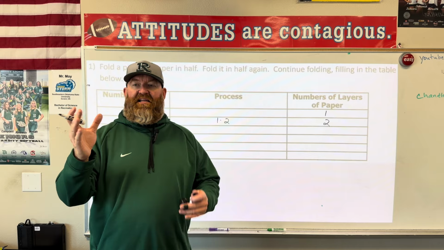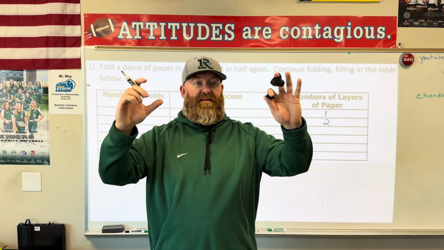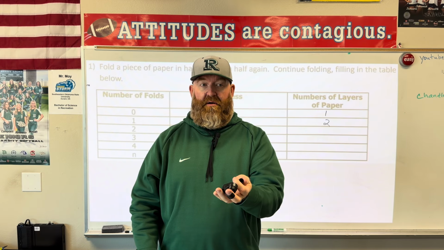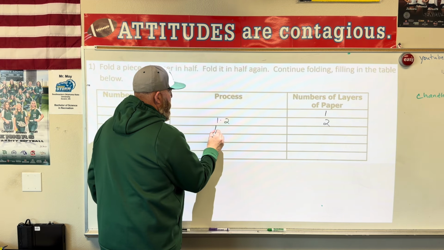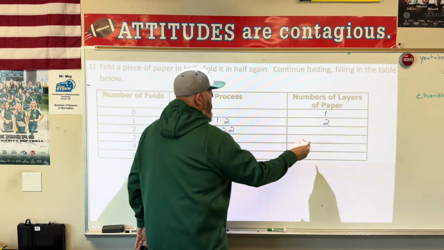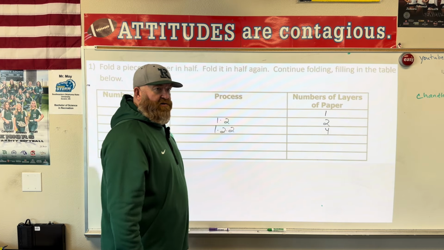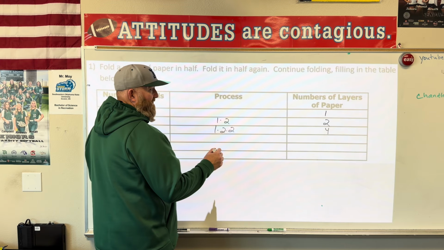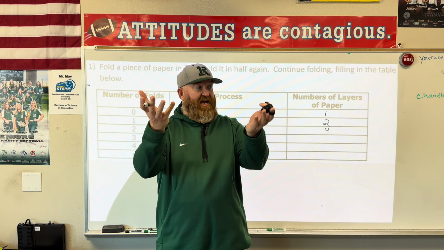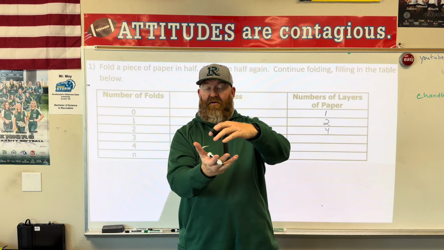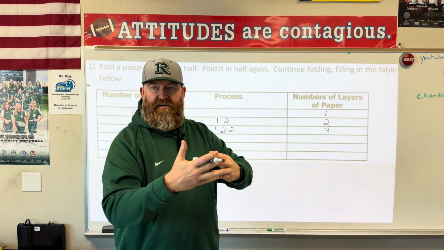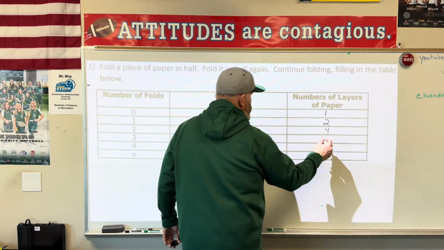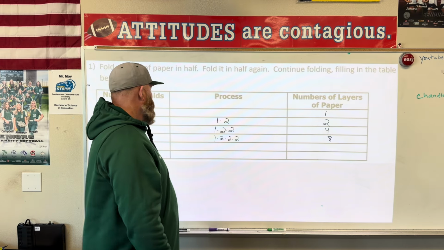Now, let's say I take the 2 pieces of paper. Okay, think about it. It's 2 deep. I fold it. Now how deep is the paper? It's 4. I basically took that piece of paper, multiplied it, and then I multiplied it again. So now it's 4. You guys see a pattern here? So what would the next one be? Not 6, because, think about it. If it's 4, you fold it, it's now 8 deep. Yes? 1 times 2 times 2 times 2, which is now 8.